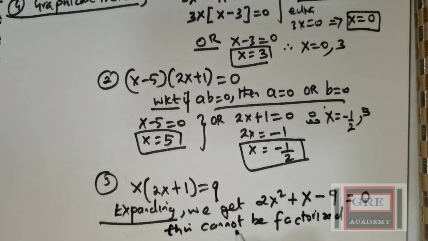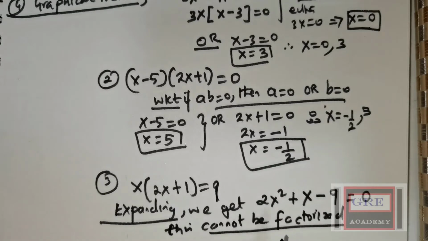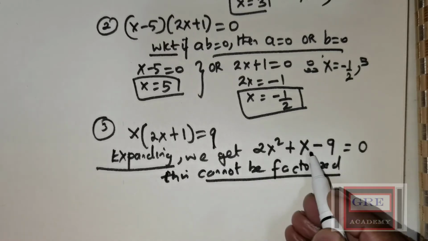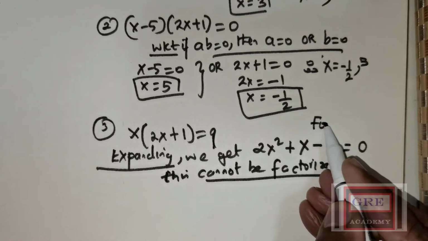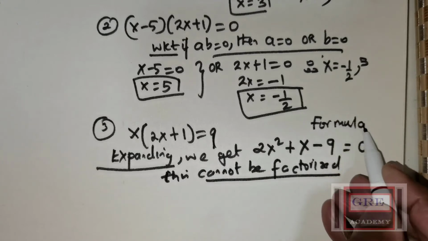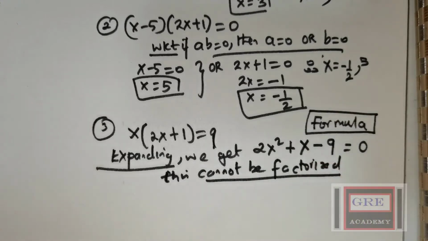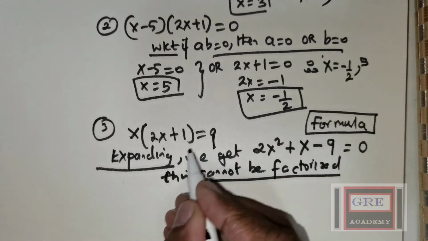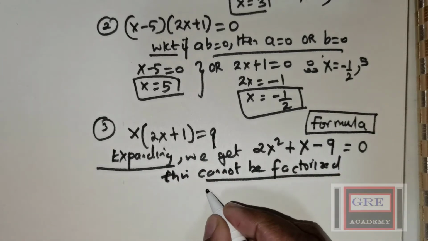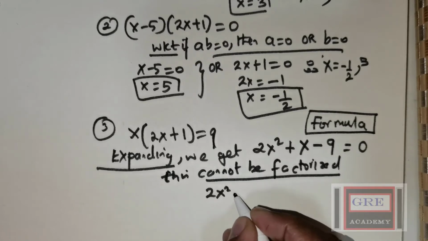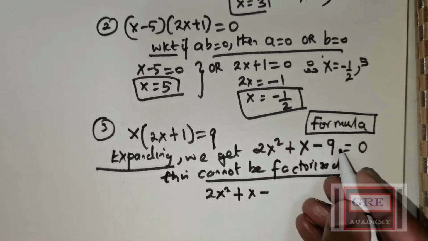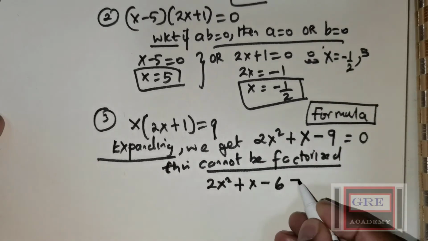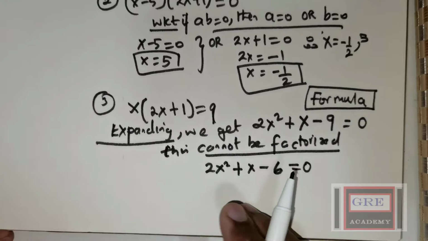Okay, so that is why when I started I said there are 4 ways to solve a quadratic equation. So this can be solved using the quadratic formula method, which I will show you in the later classes. But instead of 9, if we were to be given say 6, suppose you have 2x squared positive x, instead of 9, if you would have add 6, and that is equated to 0, then you can factorize, because you